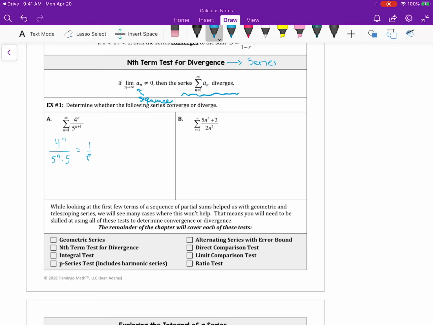And so what I would do is, over to the side, just think about what this would be equivalent to. It would be equivalent to this, if I pulled that 1/5 out in front,